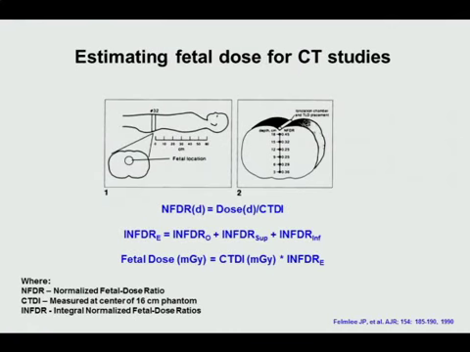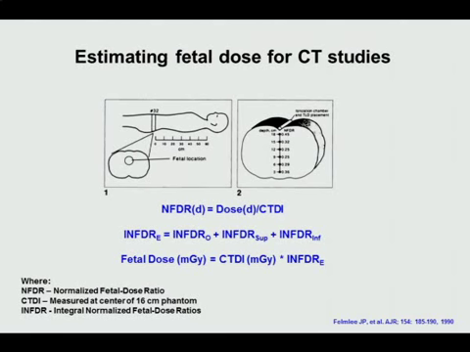For estimating the fetal dose for CT studies, a number of publications have discussed this. I still go back to one of the publications from 1990, which is quite useful to estimate the fetal dose. The way it's done is that the normalized fetal dose ratio is given as the dose at the depth divided by the CTDI. And here, the INFDR is basically the integral